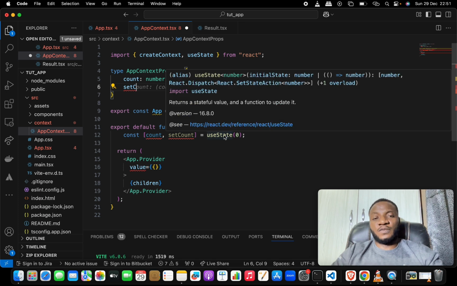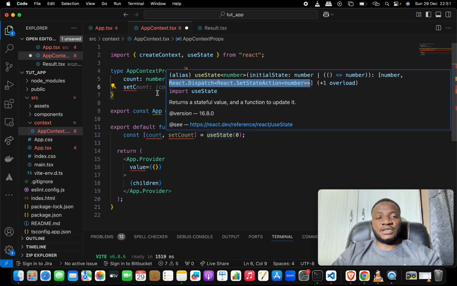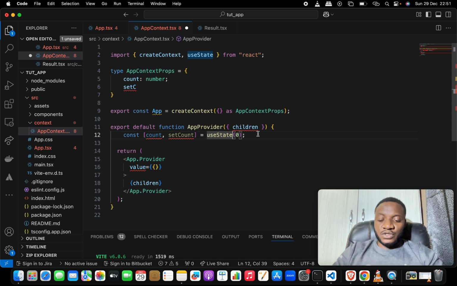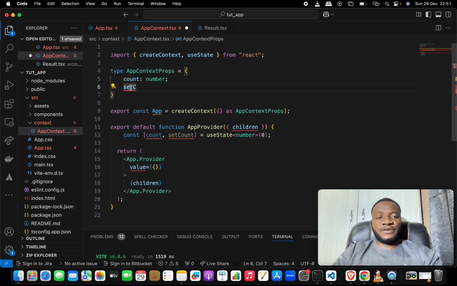If you hover on top of this, it shows you a bunch of things you need to know, but this is what I'm talking about. So here we have React.Dispatch, and inside of here we have React.SetStateAction and specifying that this is a number. First of all, we need to specify here that this is a number, okay, and close the braces like so. Then for this setCount, you could set it this way, but I want to do